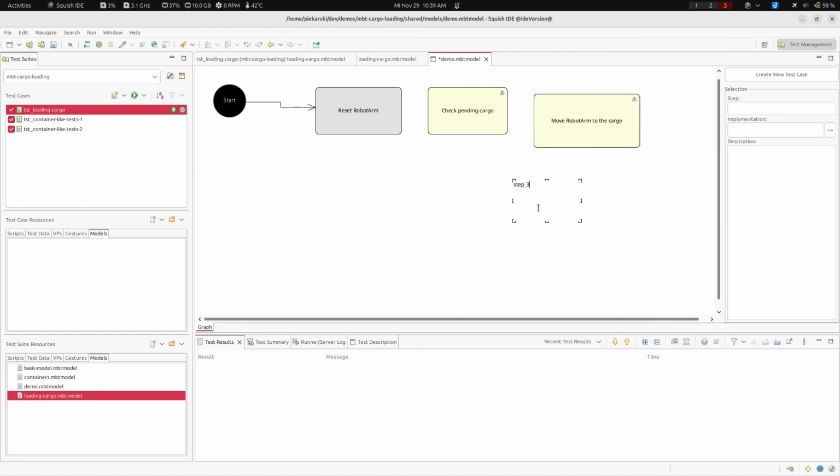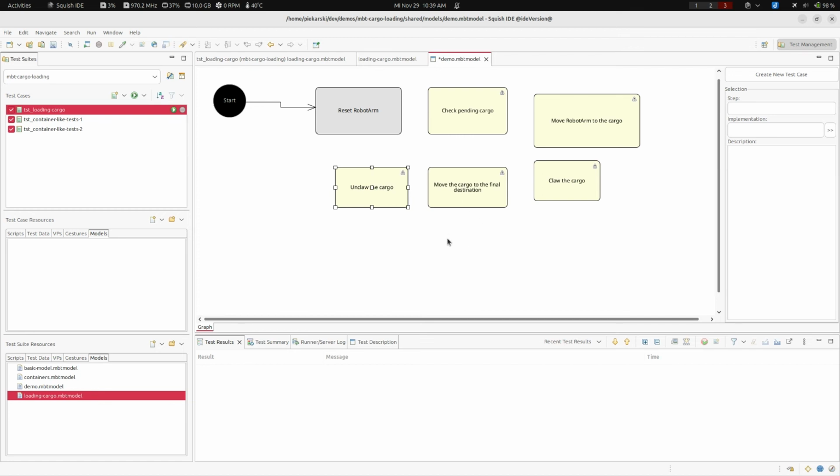The next step we would use is, you remember maybe this claw we used, so we need to claw the cargo. And finally, we move the cargo to a final destination. Okay. And the last step, I think, is we unclaw the cargo.